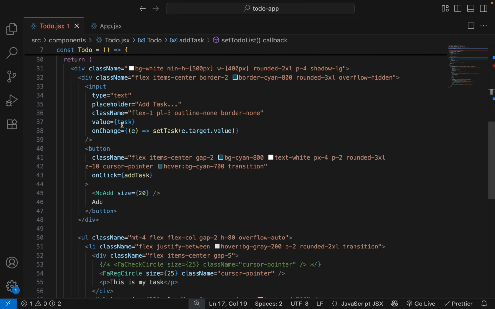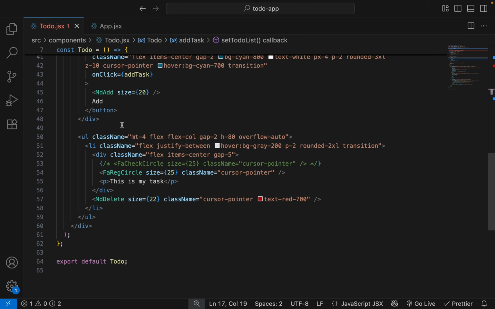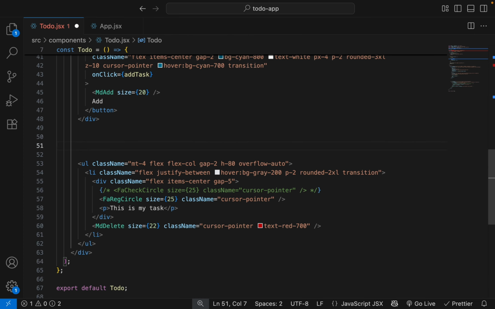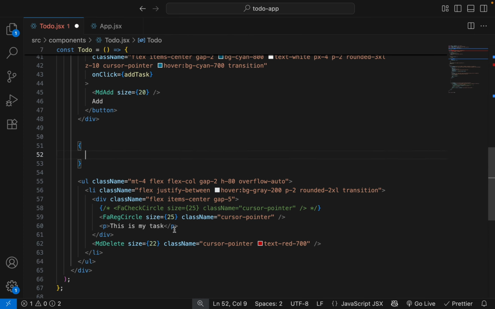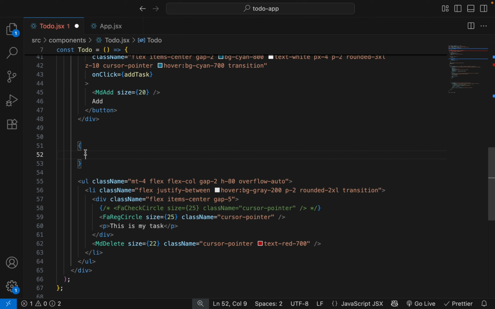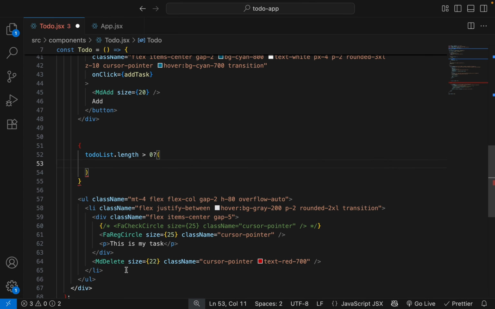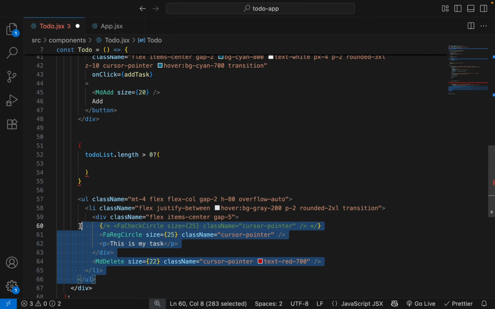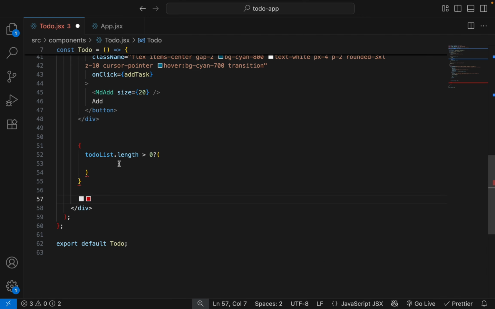And let's display our task list in the UI. So for that, let's check to-do list dot length is greater than 0. If to-do list length is greater than 0, then we will show our task.